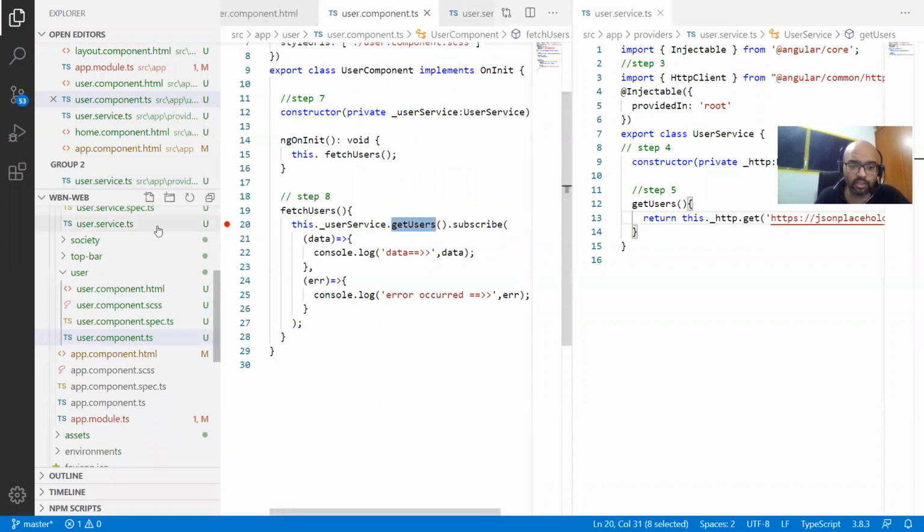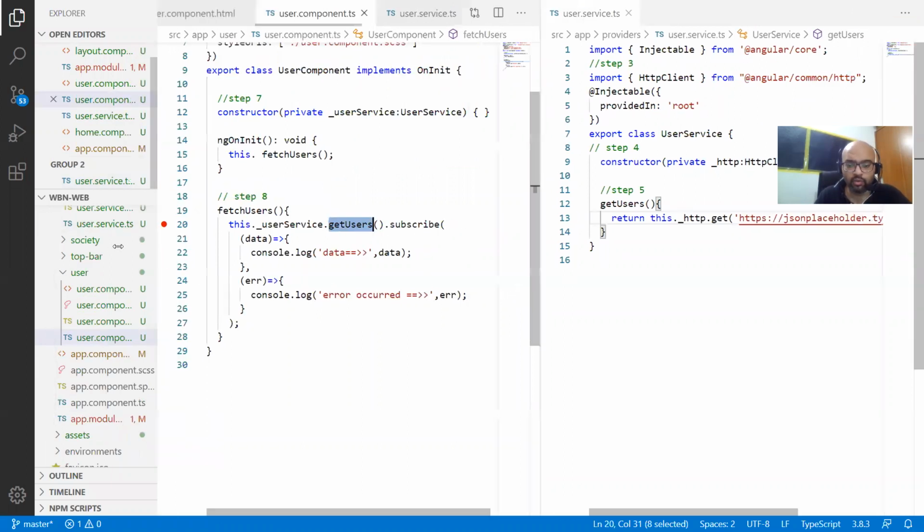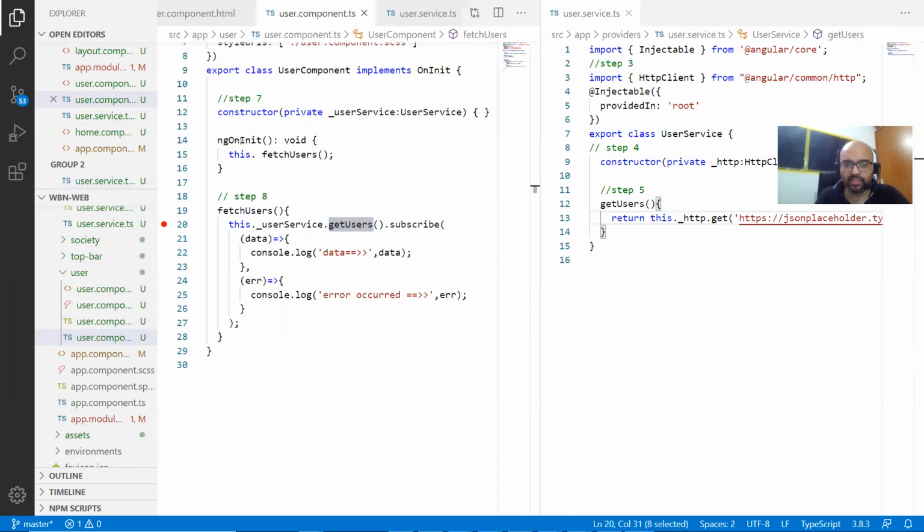I know there's not much time left, but still we can steal some minutes. So first is this. Then this method will call getUser, and then getUser will call the API. Is that correct, guys?